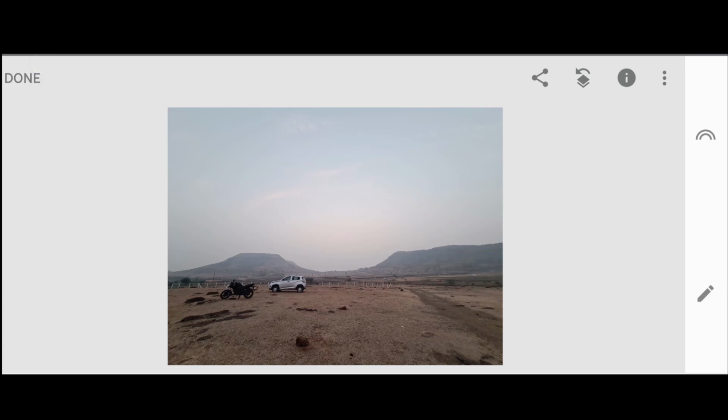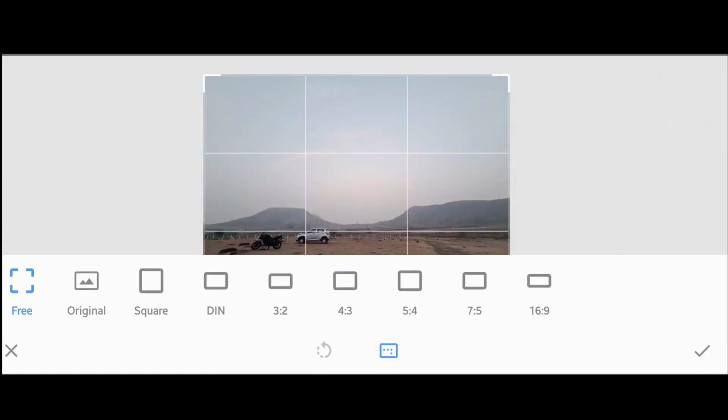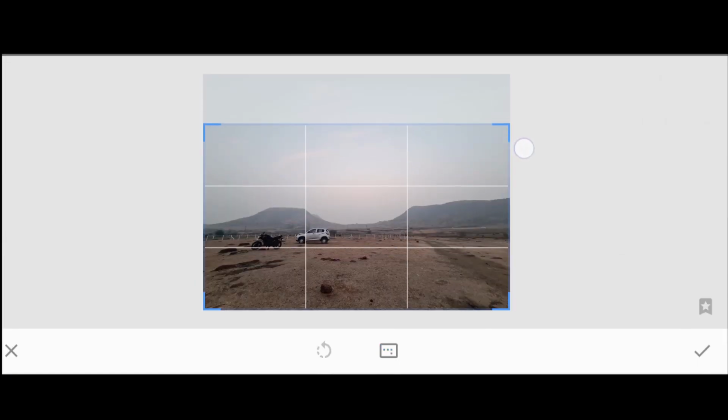I have imported this photo in the Snapseed app. Now this is not the best photo by any means, but let me show you what you can do with a simple editing. Here I will go into the tools and crop my image from the top. I want these mountains in the middle of the frame. Always crop your images if there is any distraction or useless space in the frame.